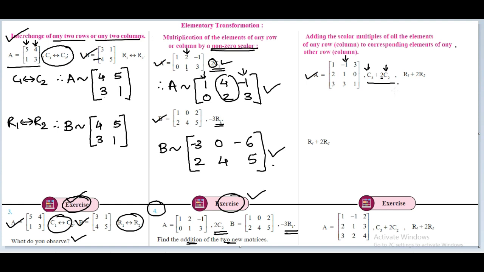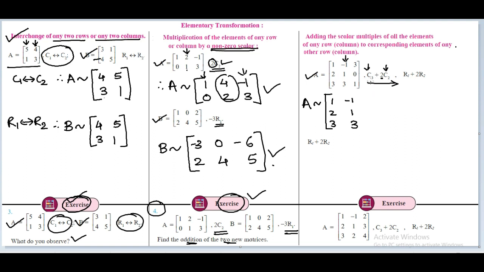Now let us see how this operation works. The new matrix that will be formed will be equivalent to the original matrix and can be written as follows. There is no change in column 1, right? 1, 2, 3, it will be as it is. Now whatever first entry is here, we are doing the operation on that column or row. So your first entry is C3, so our operation will be on column 3. Therefore column 2 will be as it is, so it is -1, 1 and 3. Now the transformation is on the third column, so the third column will change.